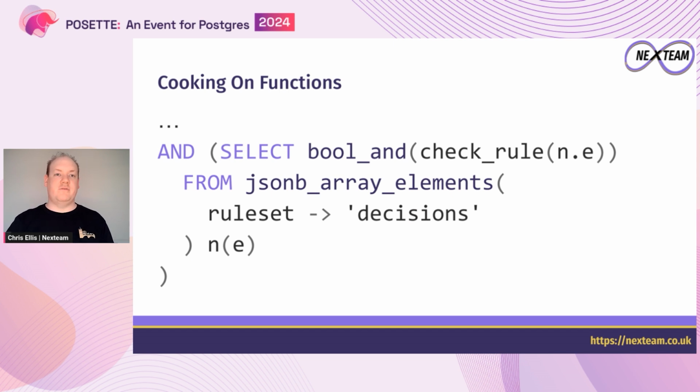And then rather than having to write a really complex check expression inside that bool and aggregate, we can just call the function we've created. So we have all the power from SQL and Postgres to be able to create these very simple composable validation functions and call them together and chain all of that together.